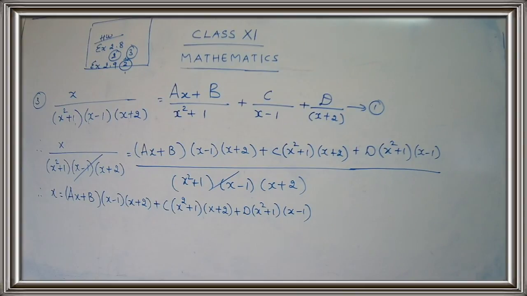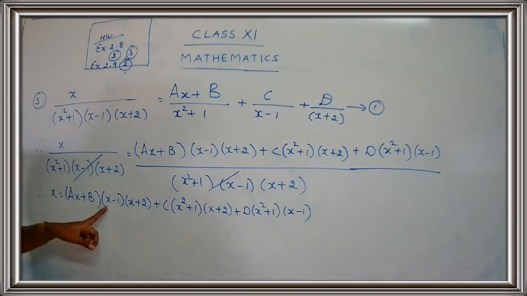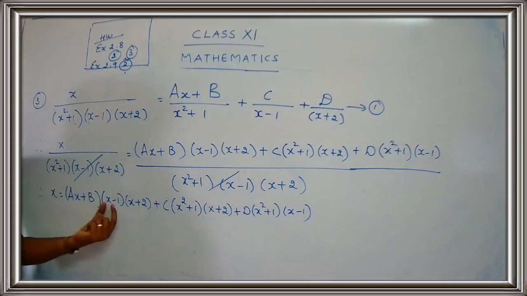Now I have told you that we have to eliminate some of the terms. To eliminate some of the terms, just go on taking the opposite values. Just see here the x value, children. What is with x here? Minus 1. Okay, so if I take x is equal to 1, getting my point, children? If you take x is equal to 1, what do you get? 0. That means you get the answer 0. That means this whole term will become 0. Are you getting my point?